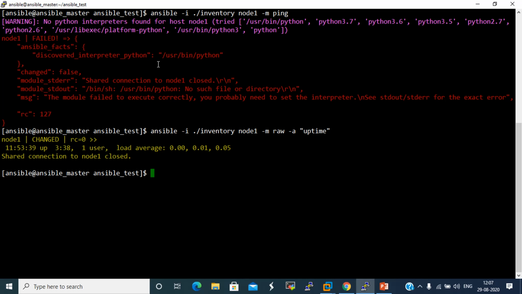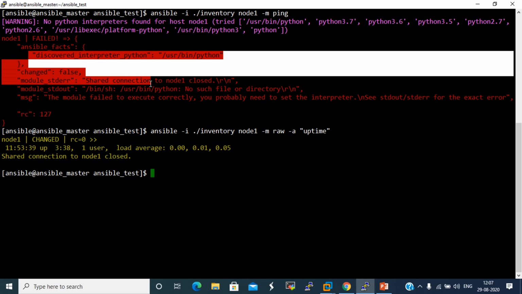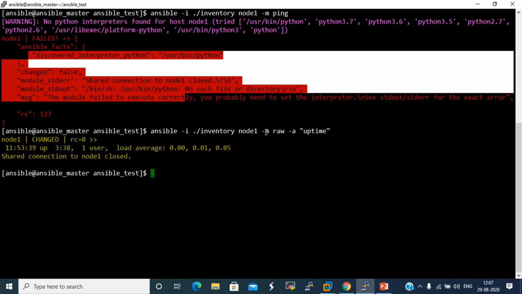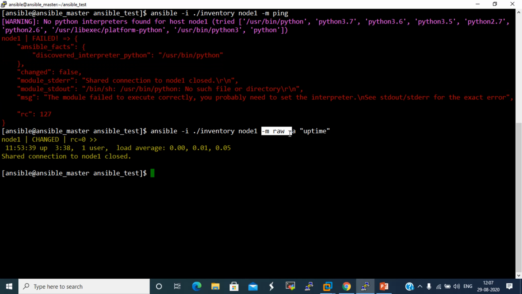So if you get this kind of error, that the Python interpreter is not found on the remote host, you can use the -m module, which is raw, and you are still able to run the commands on the remote managed host.